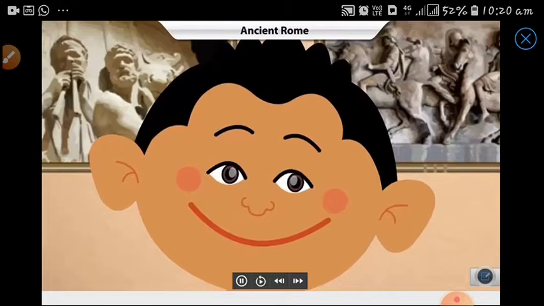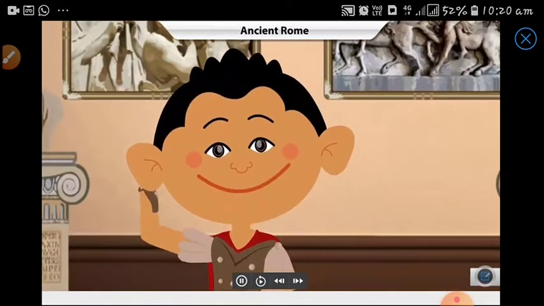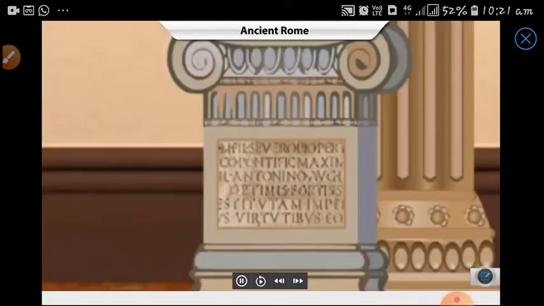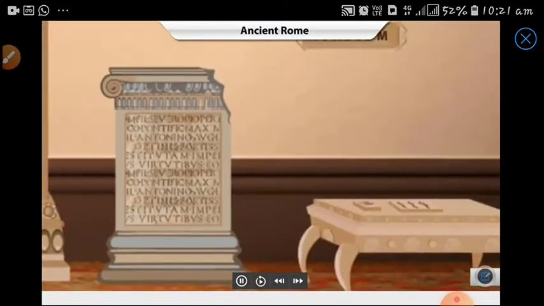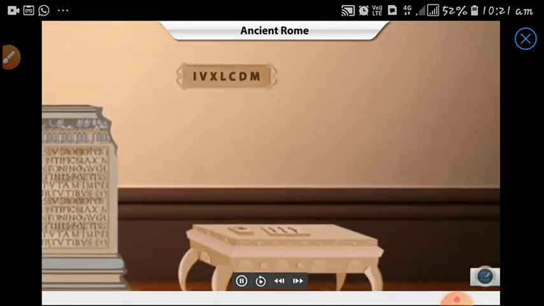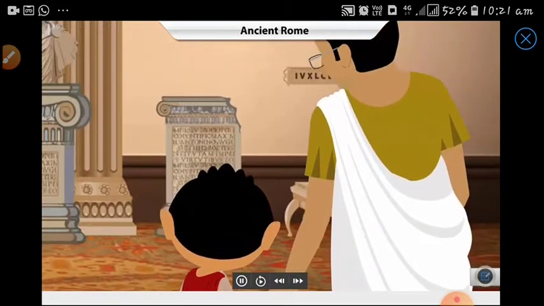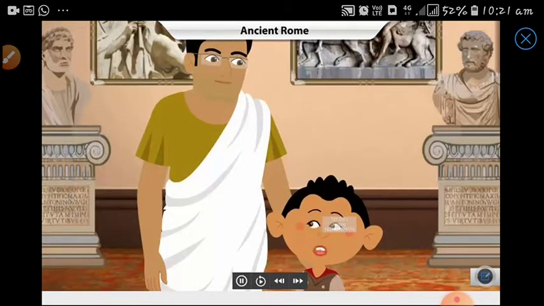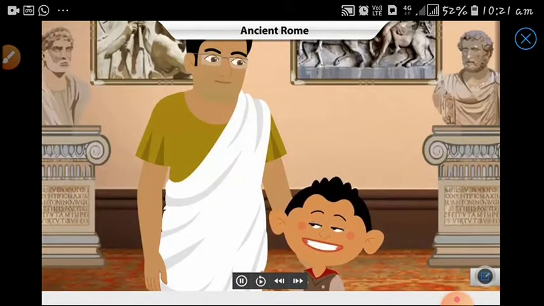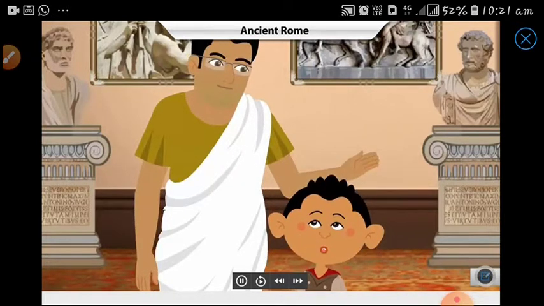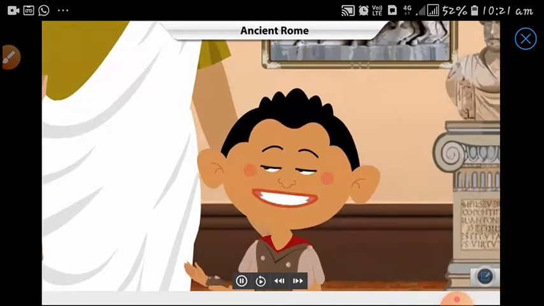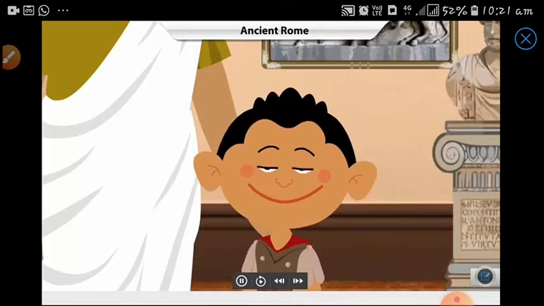Where am I? This place looks very strange. What are these letters? Oh, will somebody please explain? My head is spinning. Professor, thank God you're here. Where are we? And why are we dressed like this? Calm down, Pasha. We are in ancient Rome. This is how people dress in Rome. Rome? And what are these letters all about?